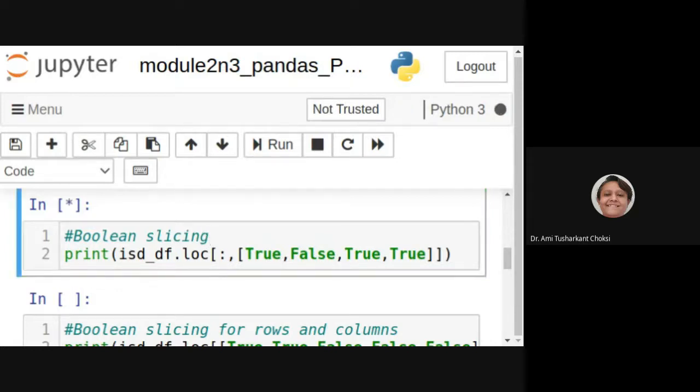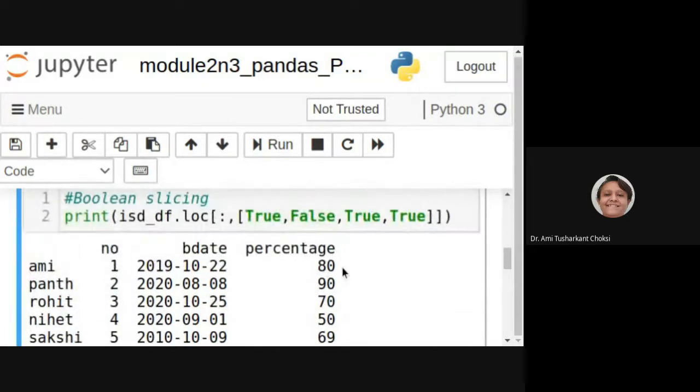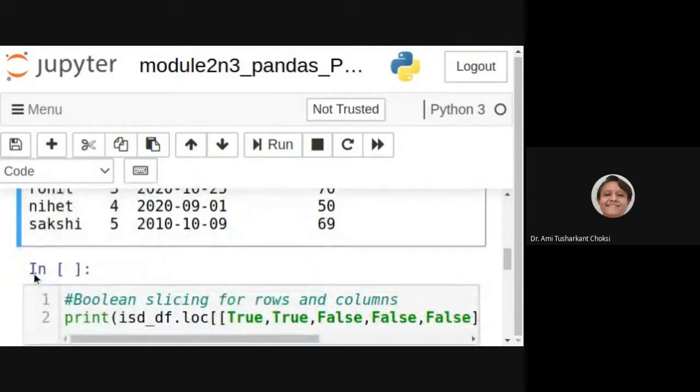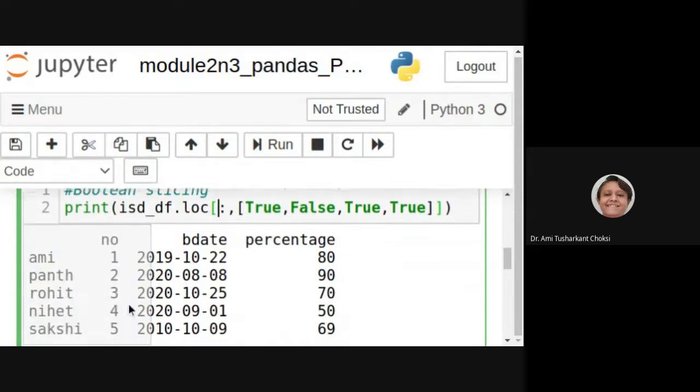Okay, fine. You can say why all rows are available, because for rows, no slicing is given, right? We are considering the column, right?